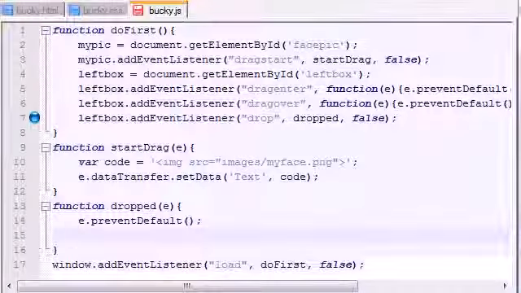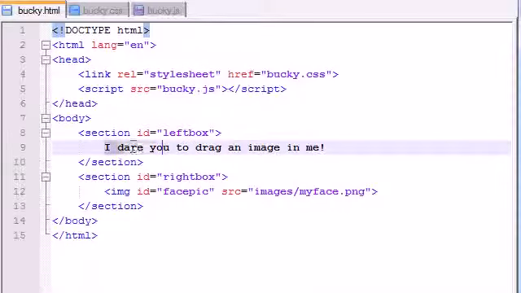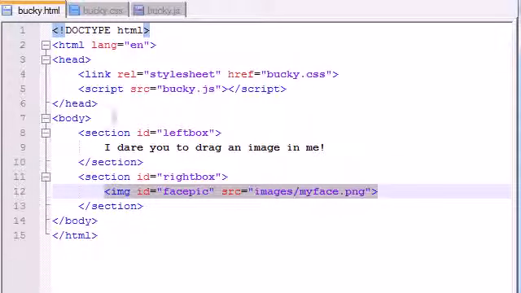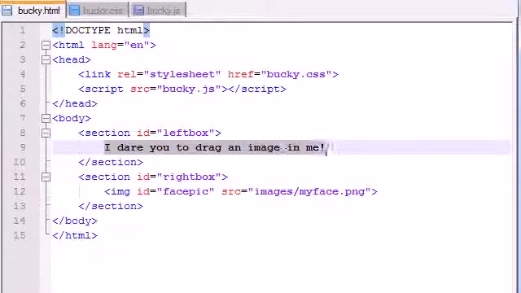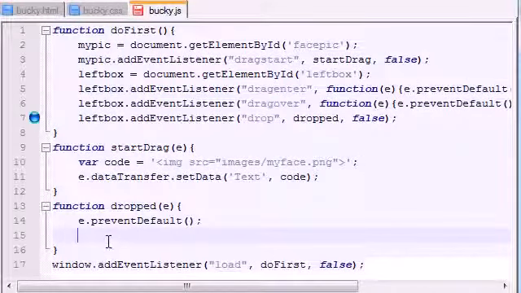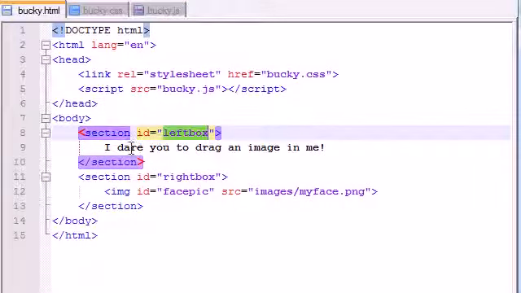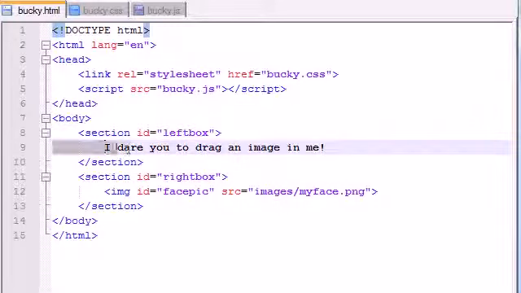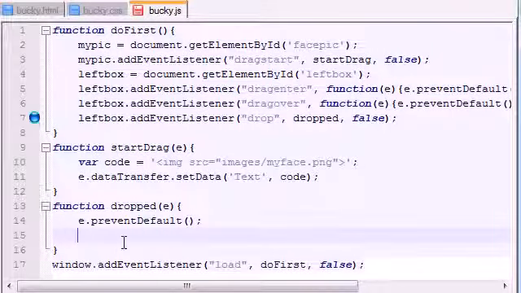image right here. So in order to do that, we need to replace this text right here with this code right there. So how do we access this text inside the HTML? Well, we need to reference it through leftbox, and there's a property in JavaScript called innerHTML, and that basically says, okay, whatever is inside these tags right here, that's the property I'm referring to. So we already referenced leftbox